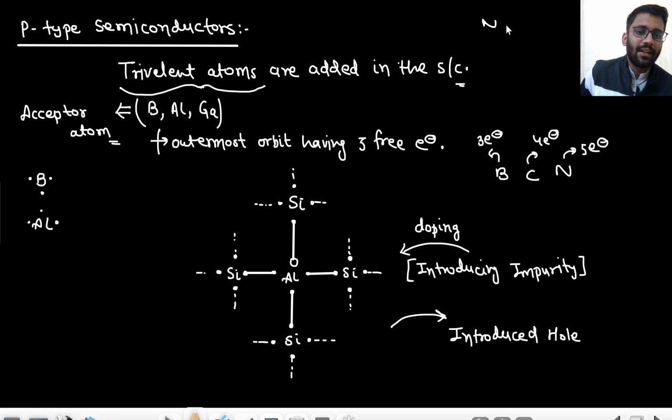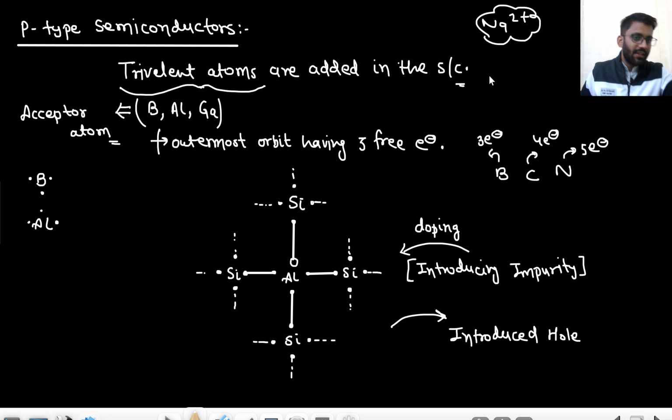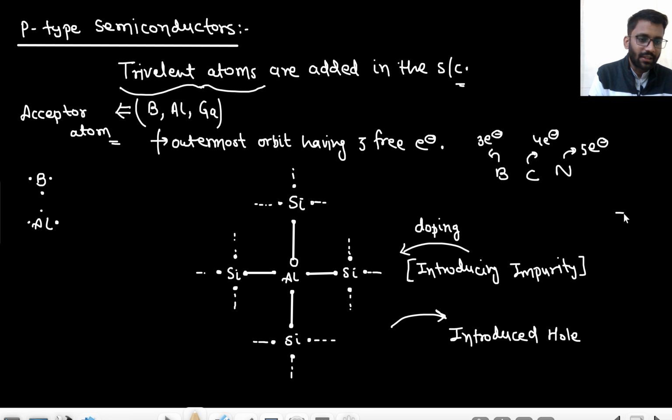Let's just assume we write Na2 plus. Why do we write Na2 plus? That means it is giving you 2 electrons, right? Now since they are accepting something, there will be a negative sign, right? Since they are accepting something, there will be a negative sign. And what are they delivering? They are delivering a hole. So this is how you denote a p-type